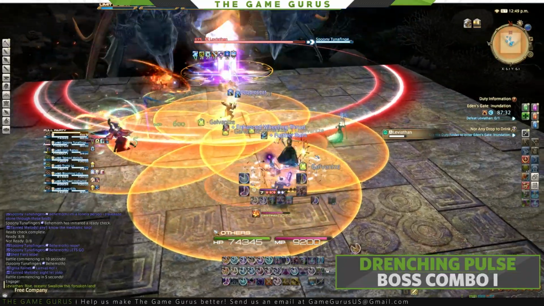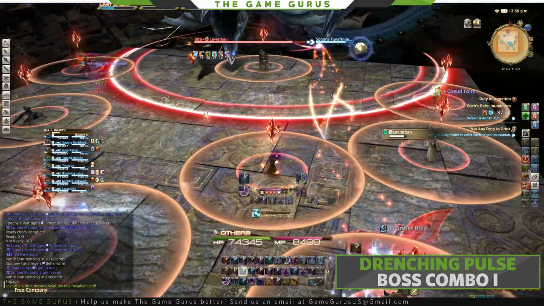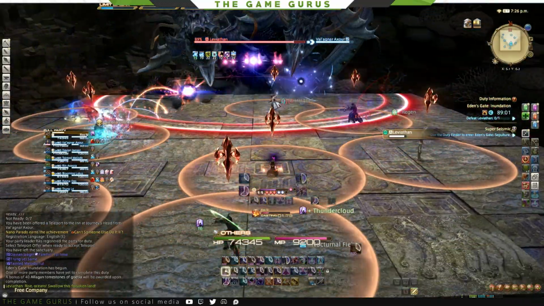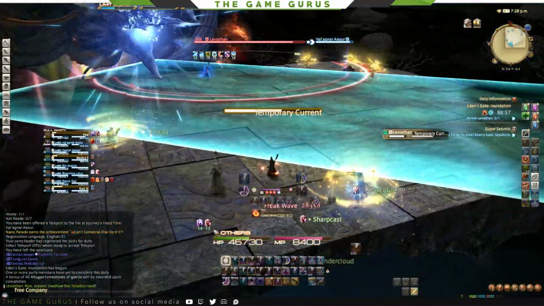5 AoE telegraphs will be placed under a select player, followed up by AoE circles on each player. We advise everyone to stack in the middle to drop the AoEs, then spread out around the room to avoid hitting your party. Immediately after, the boss will cast Temporary Current, so make sure you're on your way to the